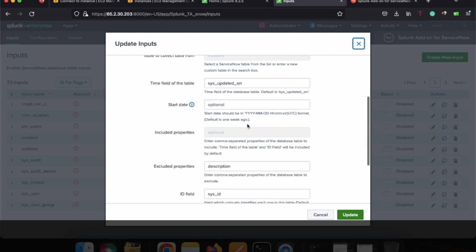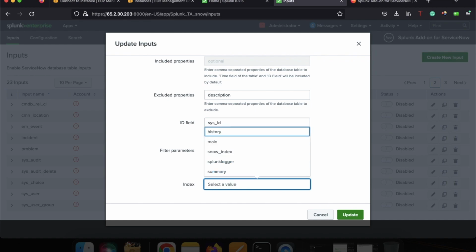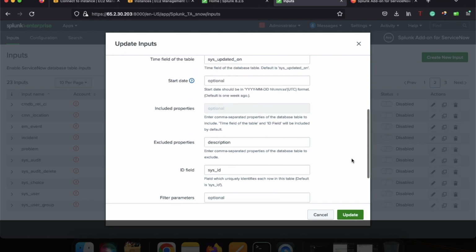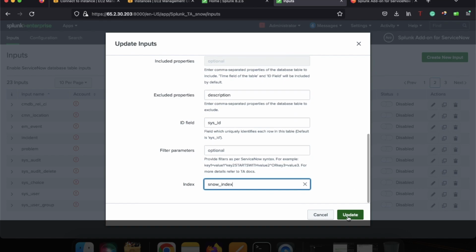All the things we will be maintaining as default. So here, this index: you have to type your name over here, snow_index. Automatically it is showing over here. So snow_index is the index we have created, and it is already shown, and we have selected that one as well. Now if I click on this update button,